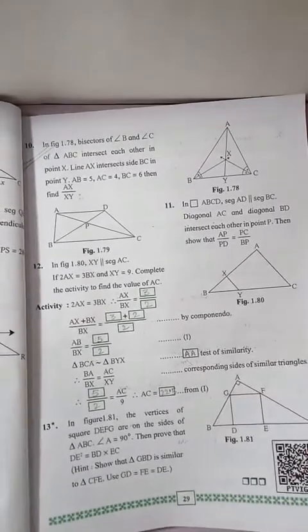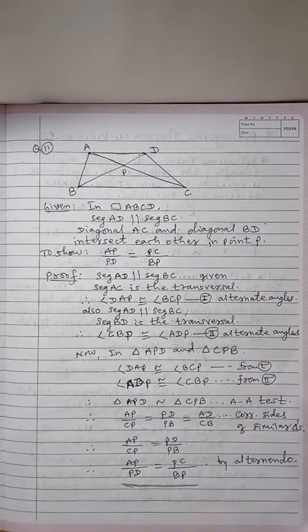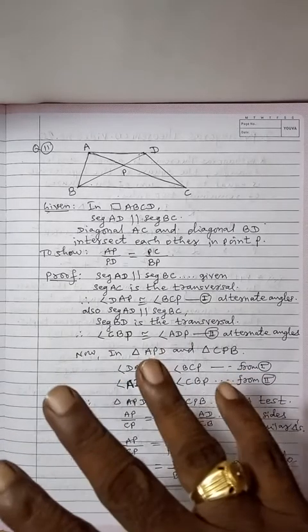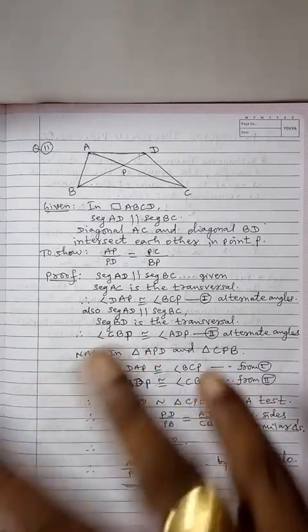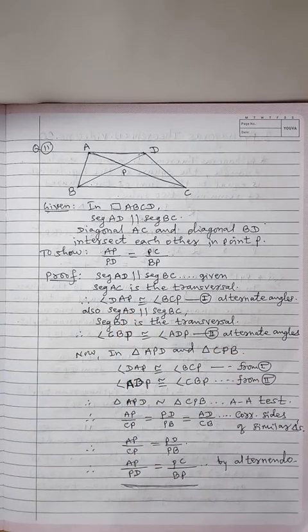So this is the completion of the first chapter, similarity. Students, watch the videos very carefully, listen to them very carefully, and then only, if you know all the results, statements, properties and theorems that you have learned, the solution of the problems will be very simple. So try your level best to understand the first chapter.